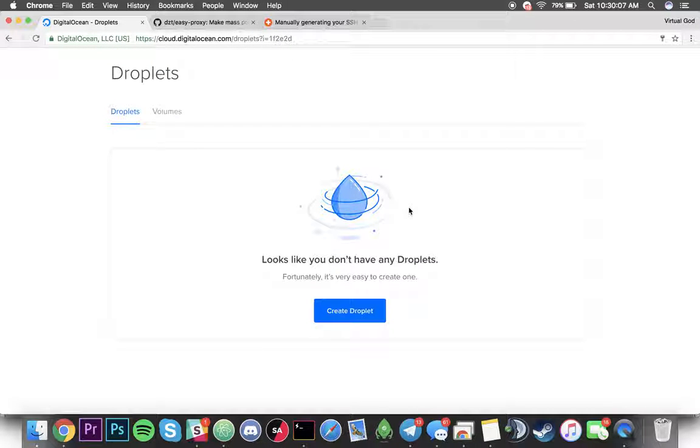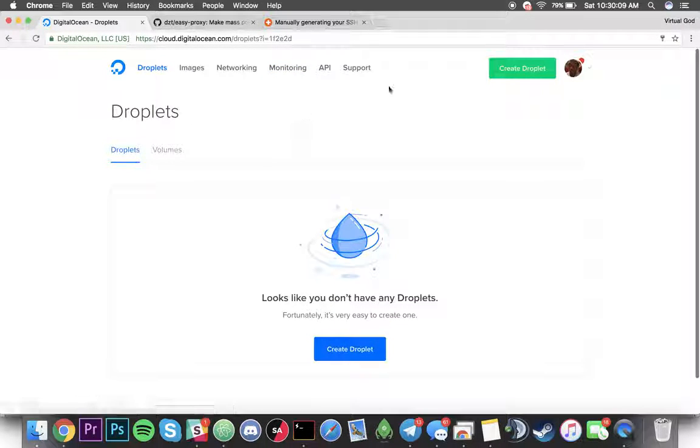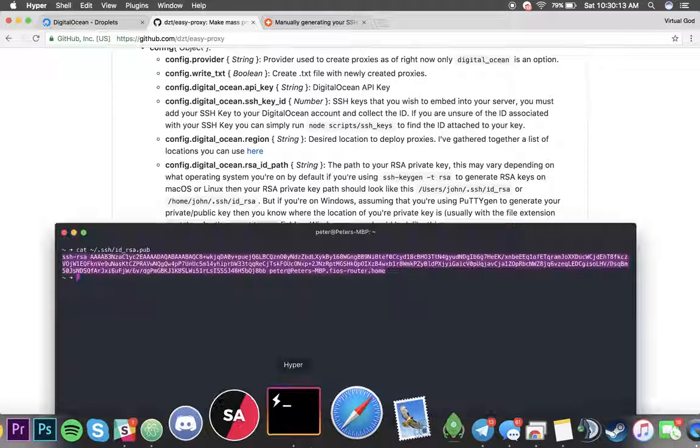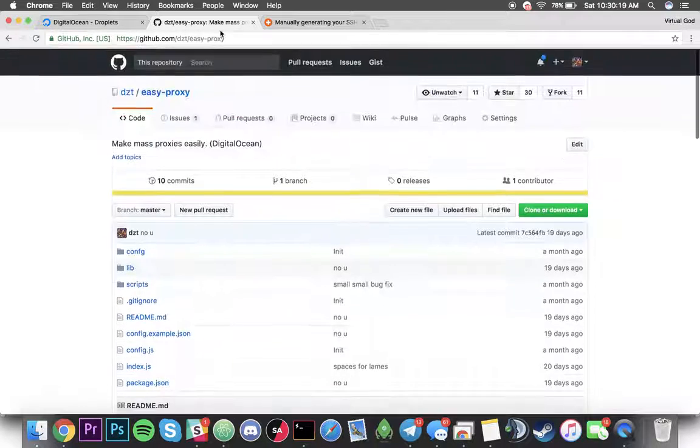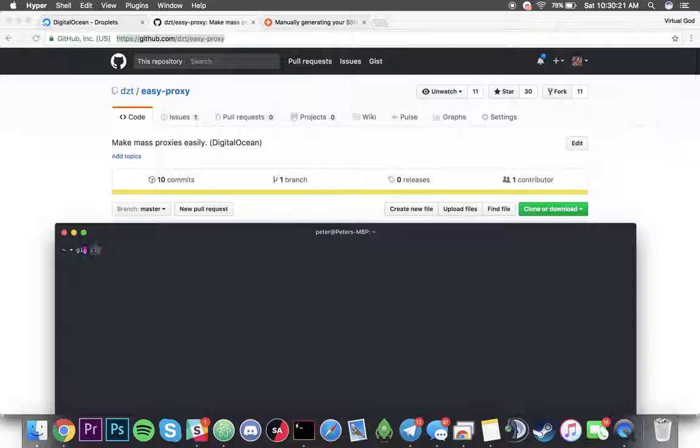So the next thing you want to do is set up easy-proxy. You can download it as a zip, assuming you know how to cd into a directory. I'm on my Mac, and I'm just going to git clone it, because git cloning is a good way to do it. I don't know why most people download it as zips, but you can also do that. And once you have the folder, just hit cd easy-proxy